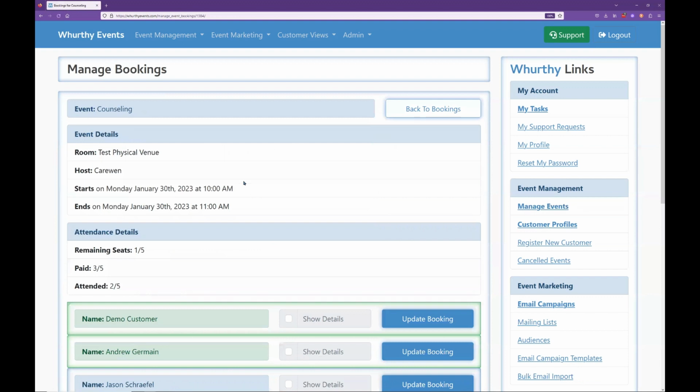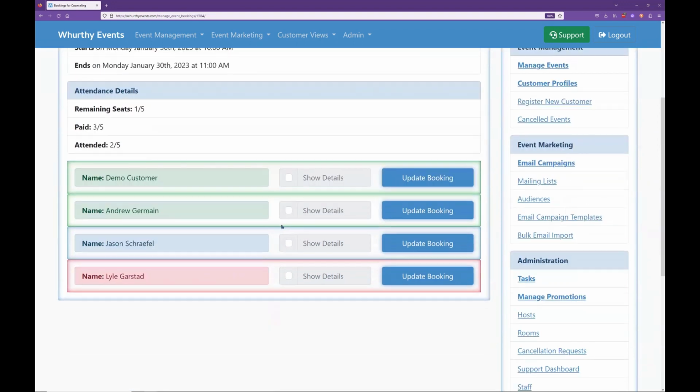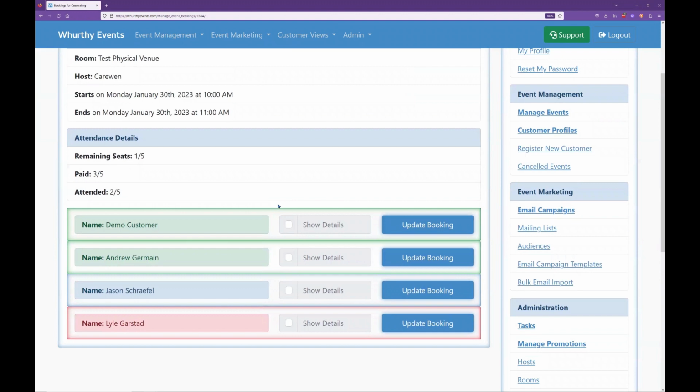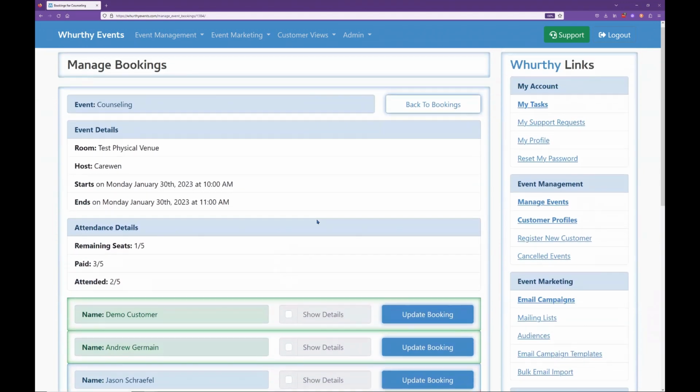And here we can see that we've got the heading card, and beneath that, we've got details concerning the event itself. So this is this counseling event from 10 a.m. to 11 a.m. So we've got the event details here. This back to bookings button will take us back to the previous page. We can also see here that we've got a section for attendance details. So I'm going to scroll down, and this really is going to be the focus of the majority of the rest of this video,